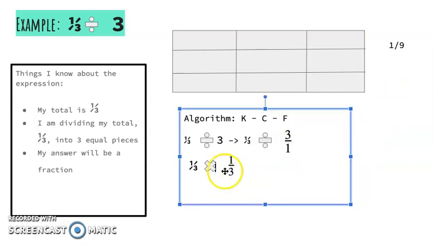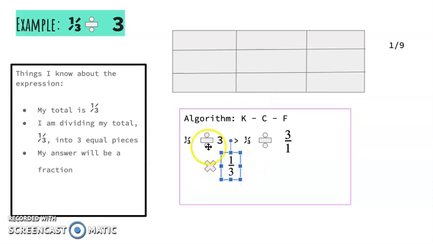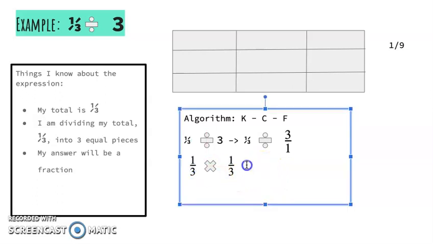So now I am ready to multiply. And I'm actually going to change this so it can be the same. Alrighty. So now I already did my 3 steps of keep it, change it, and flip it. So I am left with 1/3 times 1/3. And that gives me